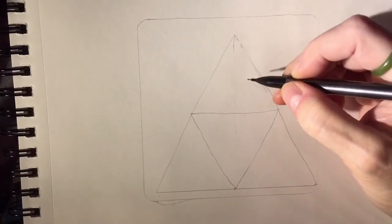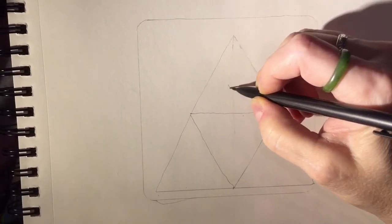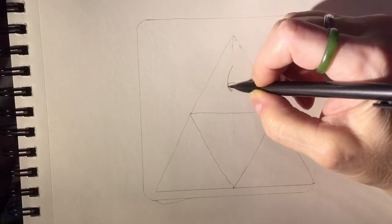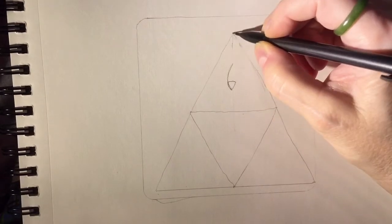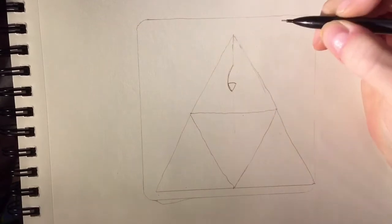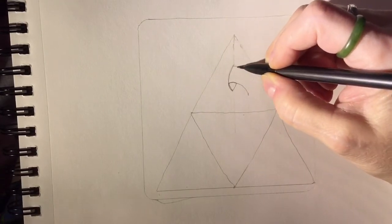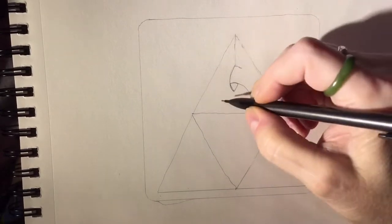Now, to create the knot that I showed you, we're going to sketch the top part of Triquetra inside each of these triangles. So again, in sketching Triquetra, you want to do your rounded side triangle, and then from the bottom point, bring a curved line up parallel to the tip of the triangle, like that. Then you're going to repeat this, and you're going to want to keep these short for this particular knot, about the length that you're going to want your ribbon to be. So this is, again, going to be parallel to here, and we're going to do the same thing